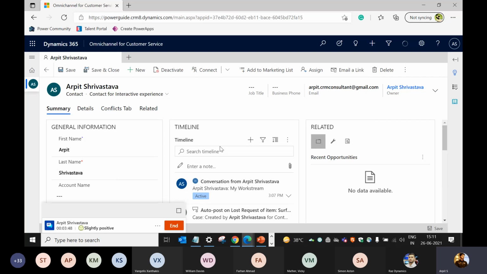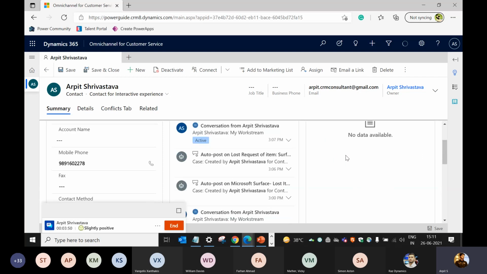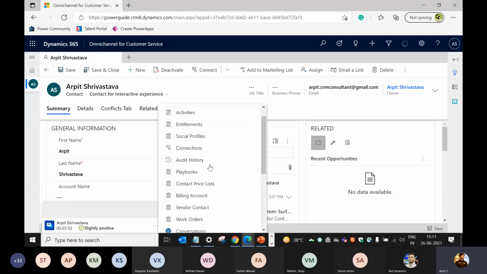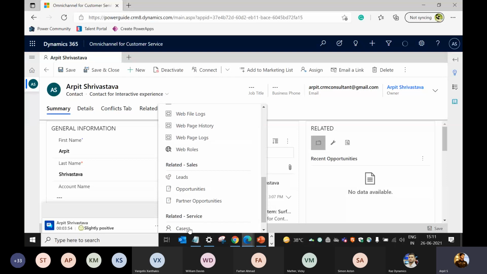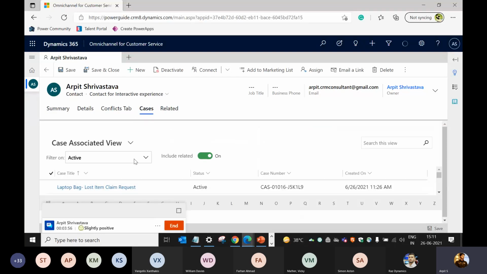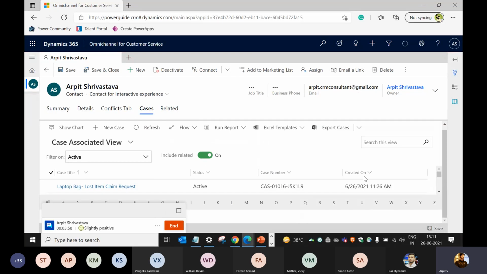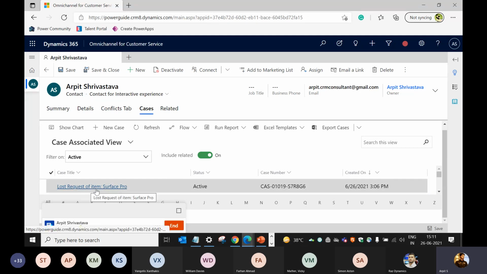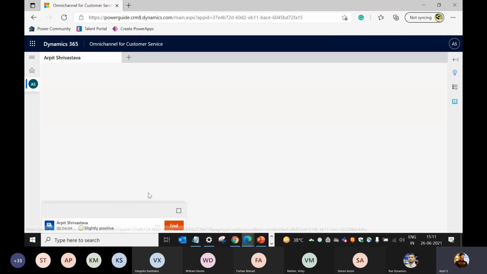I can go to the related tab, and under cases I can see all the requests already made. I can find the latest request, the lost request of item Surface Pro, and if I open this case, I can get all the information.